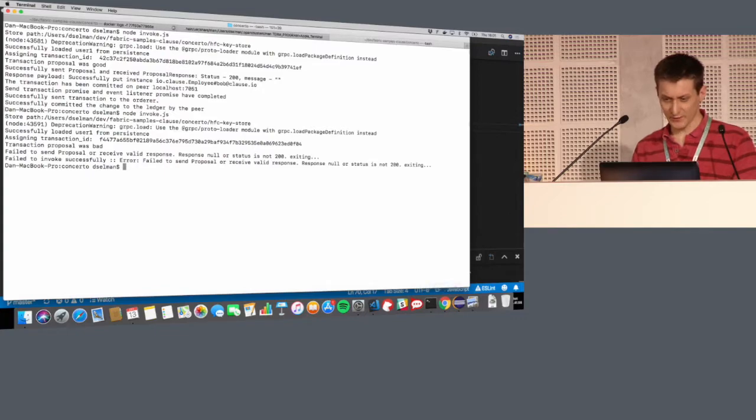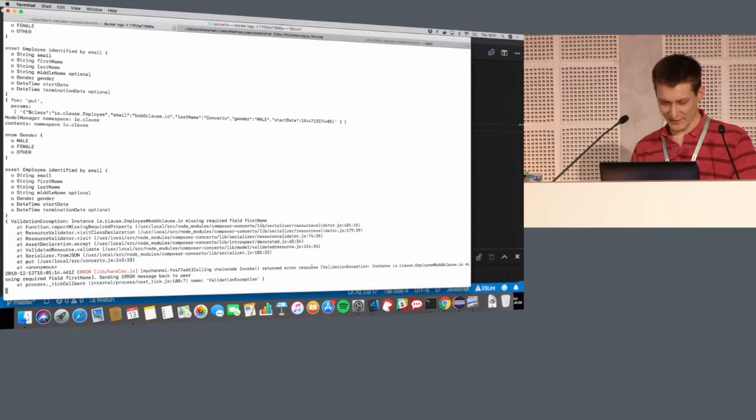This time it failed, and if I check my logs, I'll see I get a validation error telling me that it was missing the required field, first name, which we just removed. So very quickly there, I hope you can see we've targeted at least 3 different platforms that I've shown you for real. We've got a standard model that can be generated for each of those platforms, and seen some of the tooling that's available. So just to conclude,